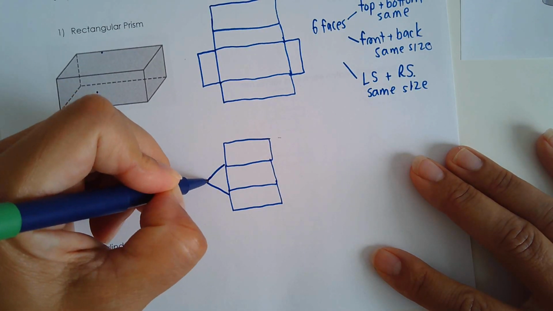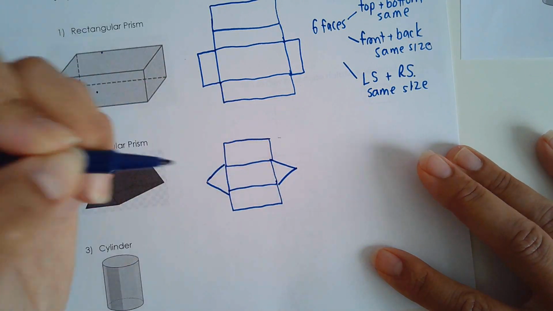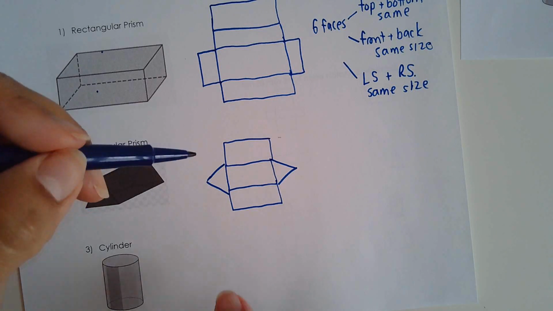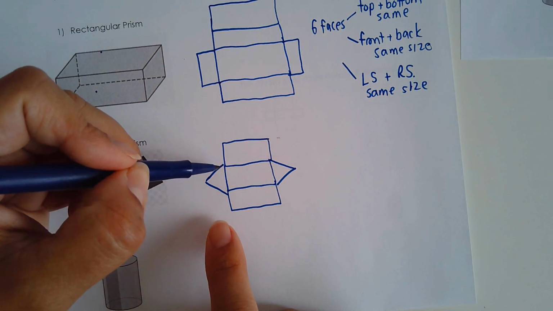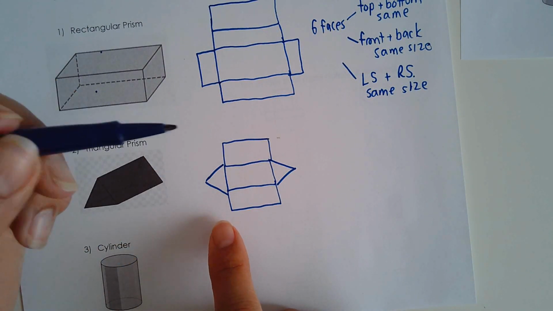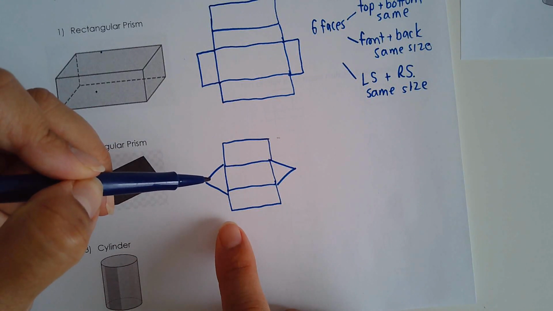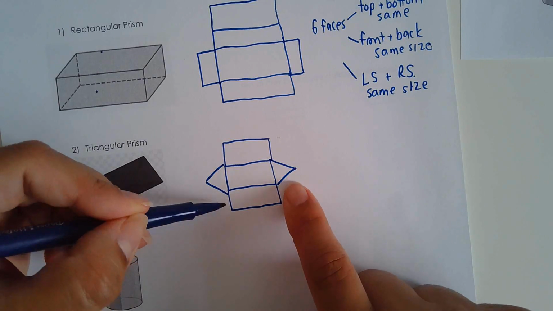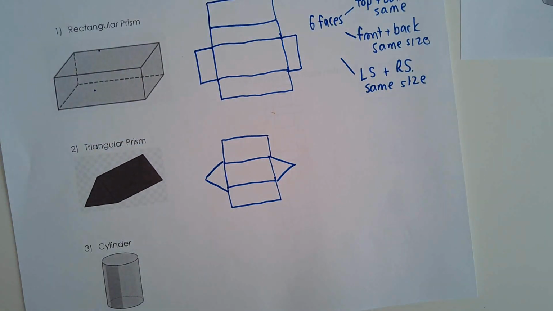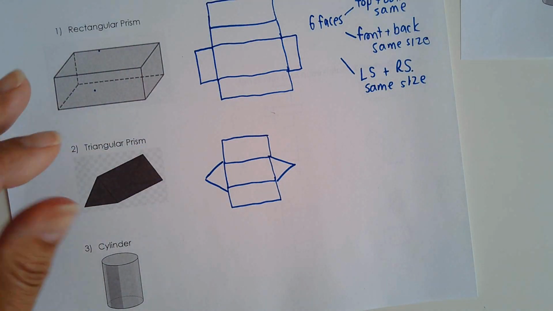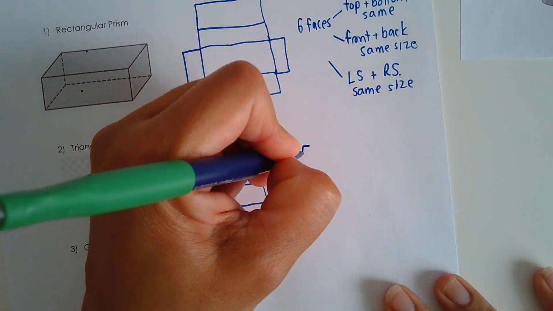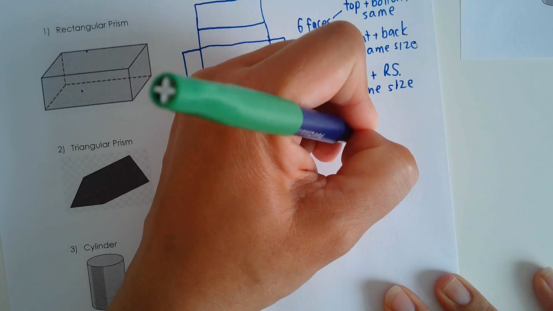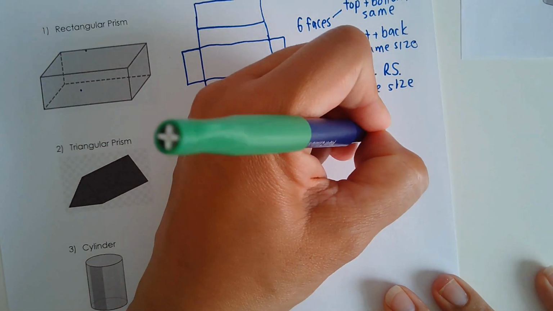And when you're drawing out the nets, you have to be mindful of where you're placing the shapes as well. So I can't have 2 triangles on this side here, right? I cannot have the triangle here and here. They have to be somewhere along the lengths, along the sides here. So the triangular prism has 5 faces, and 2 of them are triangles